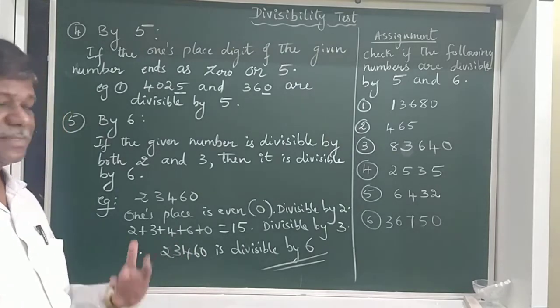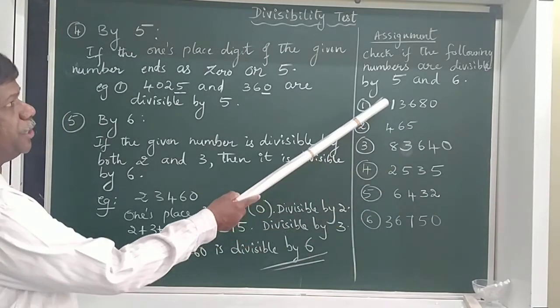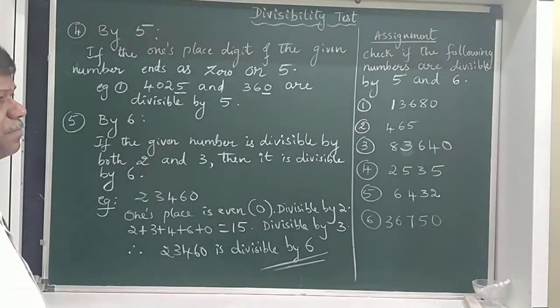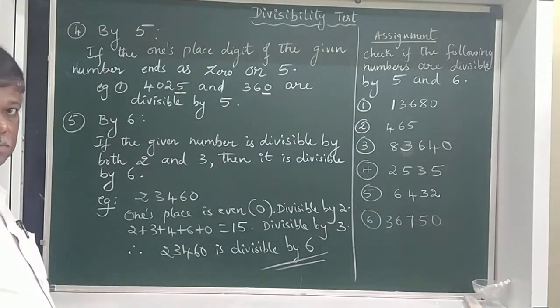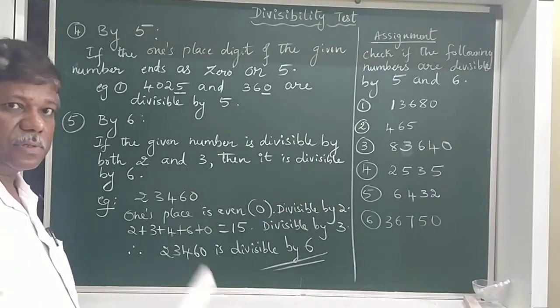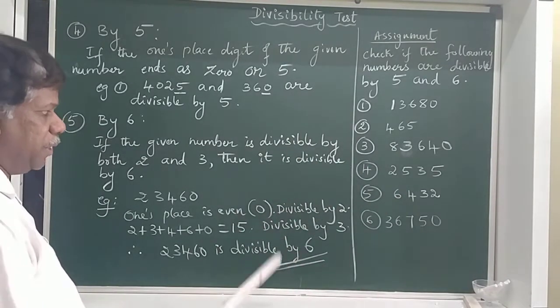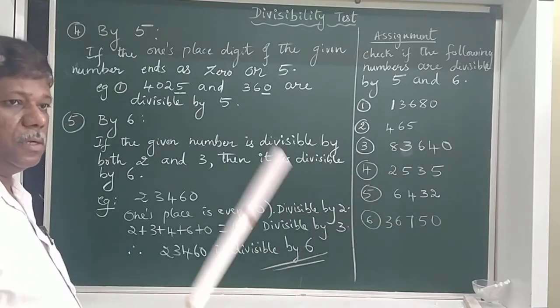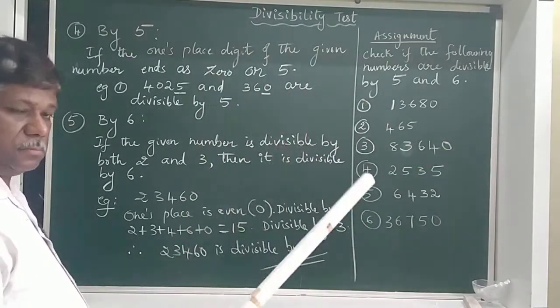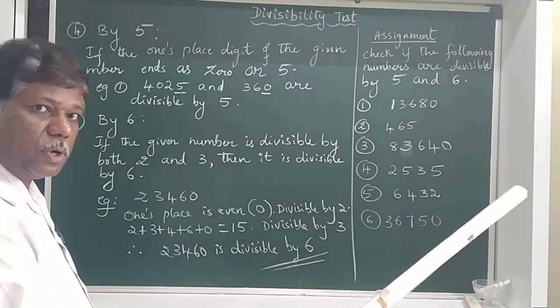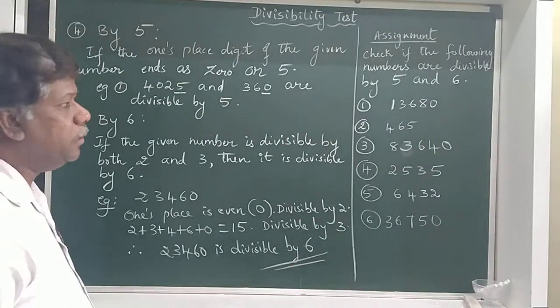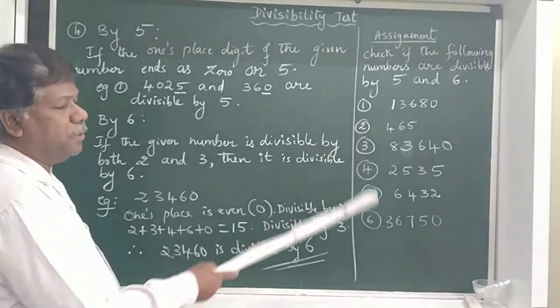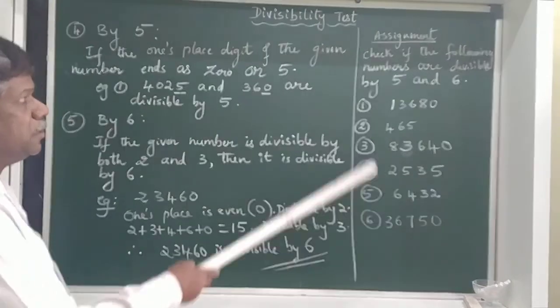Okay. So your assignment is this: check if the following numbers are divisible by 5 and 6. So you have to make a table for that and state the number in one column. In the second column, divisibility by 5 and a sub-column for 6. Okay. Now, the first to 6th problems are these: